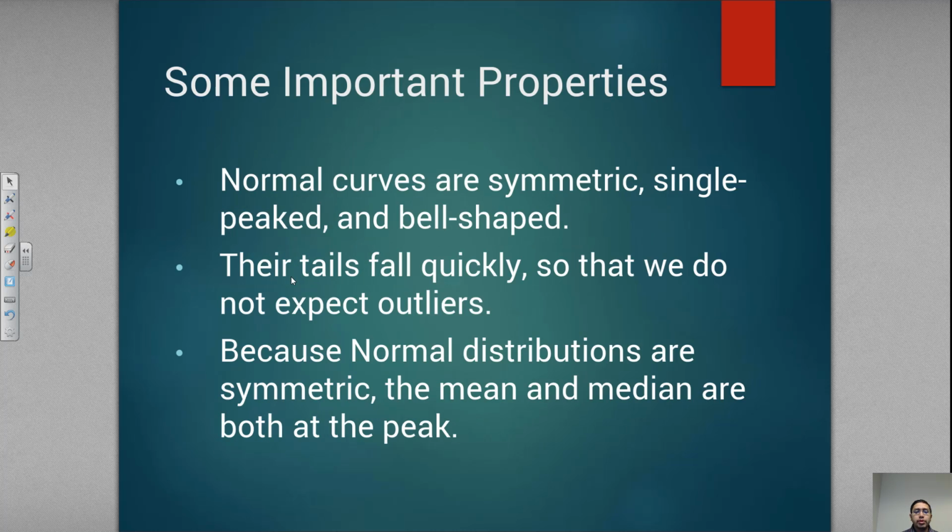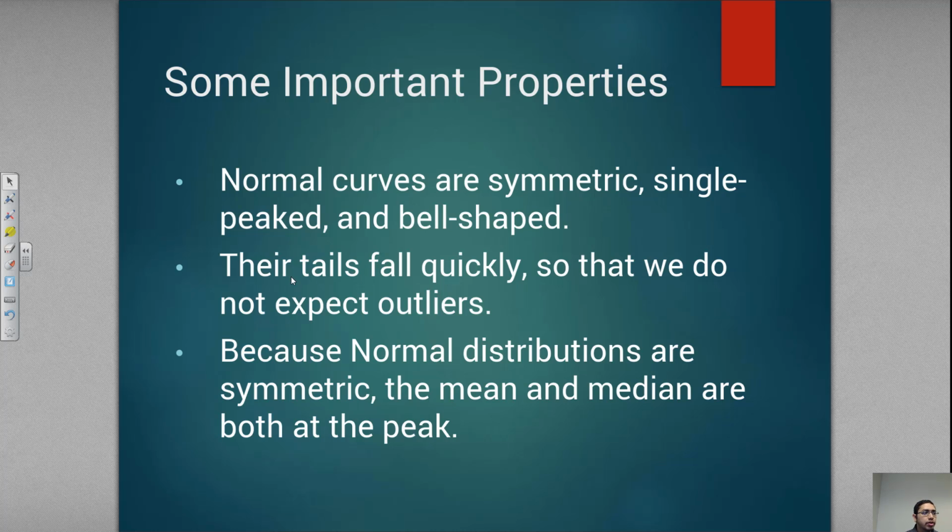Now let's come to some important properties of the normal distribution. Normal curves are symmetric, single peaked, and bell shaped. That we can see from the picture. This is symmetric about the mean. This is single peaked, that is there is only one peak at the center, that is at the mean of the normal distribution, which we call mu. And their tails fall quickly,